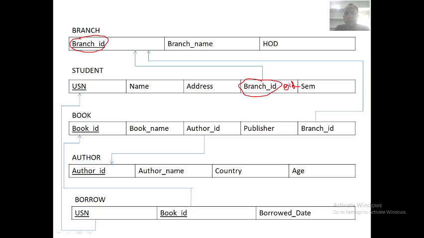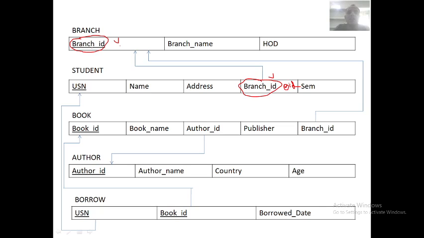The name can be different, but the data type, size, and constraints should all be the same. If it is a varchar, it must be varchar. If it is numeric, then it should be numeric. If it is not null, it is also not null. But the name can be different.